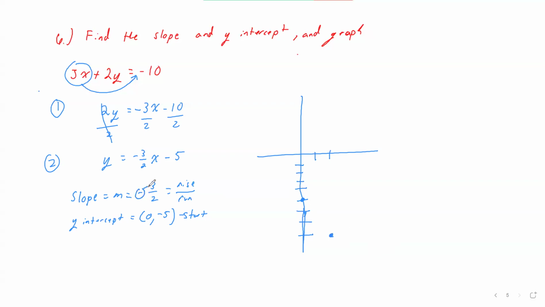I applied it to the top, so I don't have to stress about it. I will say that's a mistake students will make. They'll try to apply it to both. Only apply it to the top. Let's see if I can write this coordinate correctly. This would be 2, negative 8. But then once you have your 2 points,